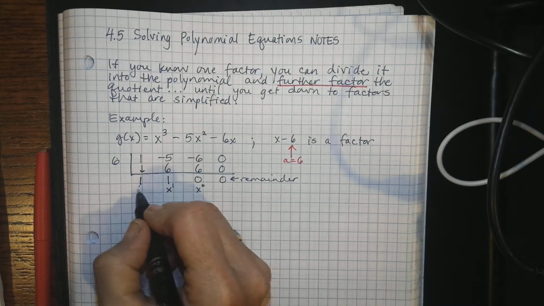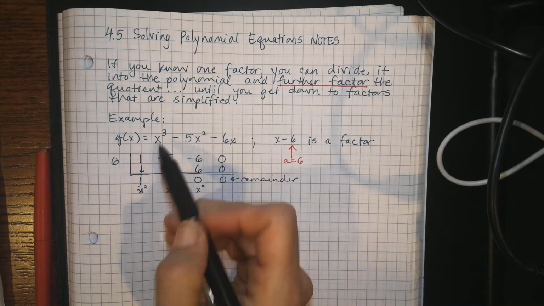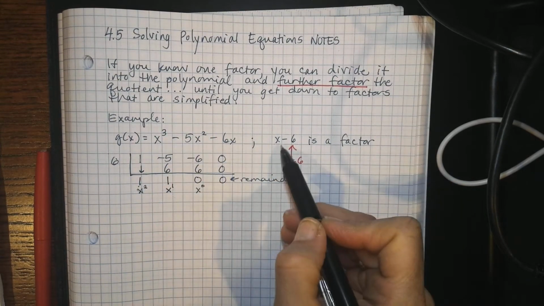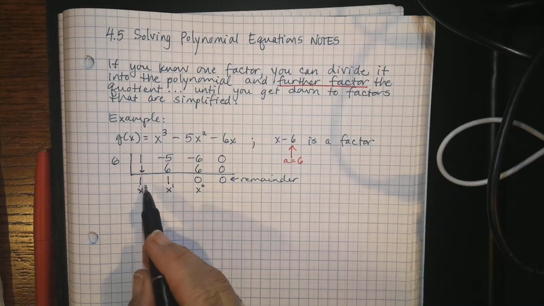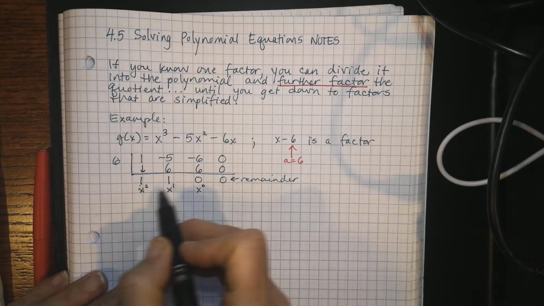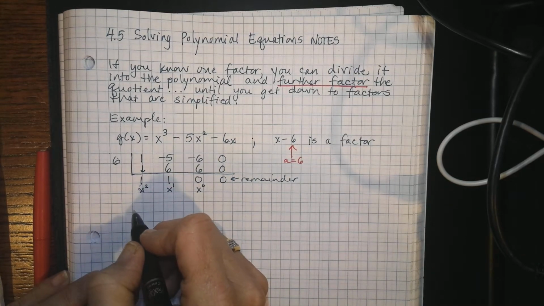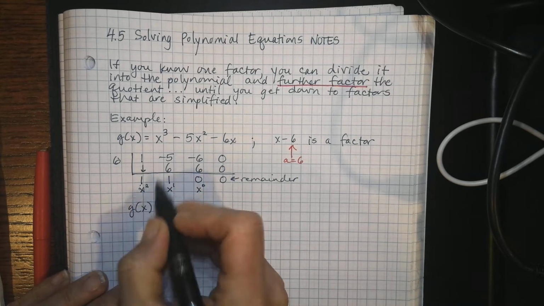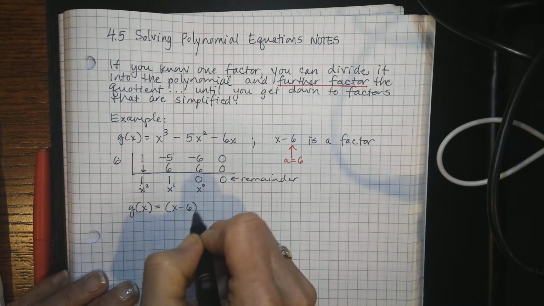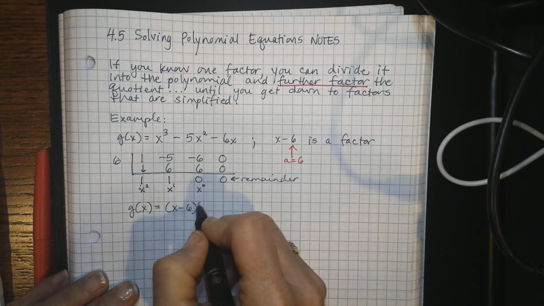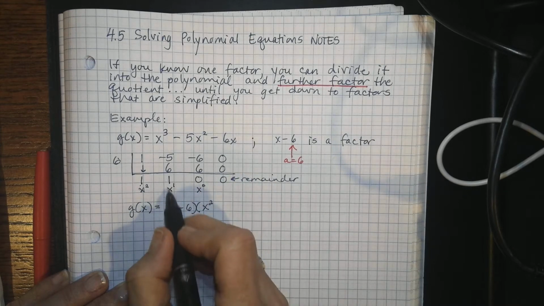This is your x to the 1. This is your x to 2 when you go this way. Remember, when you do x cubed divided by a single x, you're going to end up with an x squared anyway. So these are the coefficients, and now you can rewrite it like this. g of x, my original polynomial, is equal to x minus 6, that's the first factor, times x squared plus x,